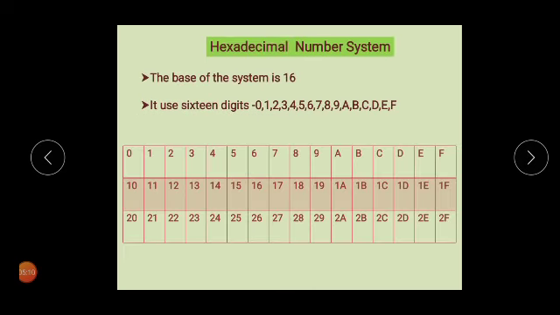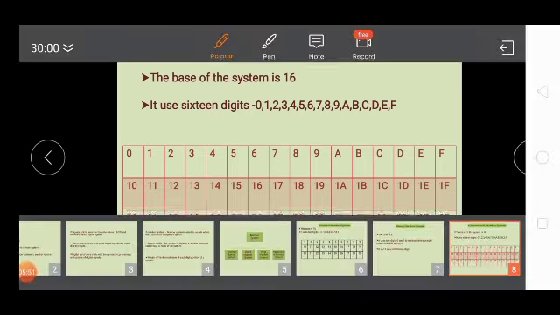We will move on to the hexadecimal number system. The hexadecimal number system uses 16 digits, hence the base of the system is 16. It uses the digits 0 to 9, and after 9 it uses the alphabets A to F. So just like in the decimal number system, first we write 0 to 9. After 9 we have the digits A, B, C, D, E, F. Then after F, as in the decimal number system, the next digit is 1, so we write 10.